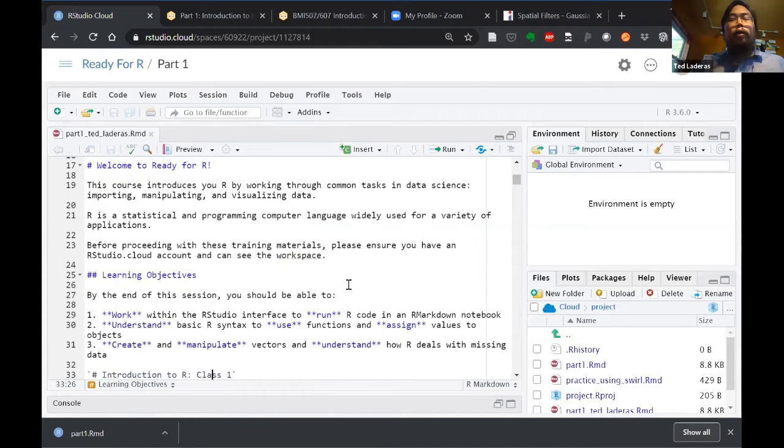So let's just talk a little bit about the learning objectives before we talk about what this is. The learning objectives of today are to understand and work within the RStudio interface to run R code in what is called an Rmarkdown notebook. We'll understand basic R syntax to use functions. Syntax is a way, you can think of it as the grammar of talking about R. And then you can use it and use functions, and then we'll be talking about objects and